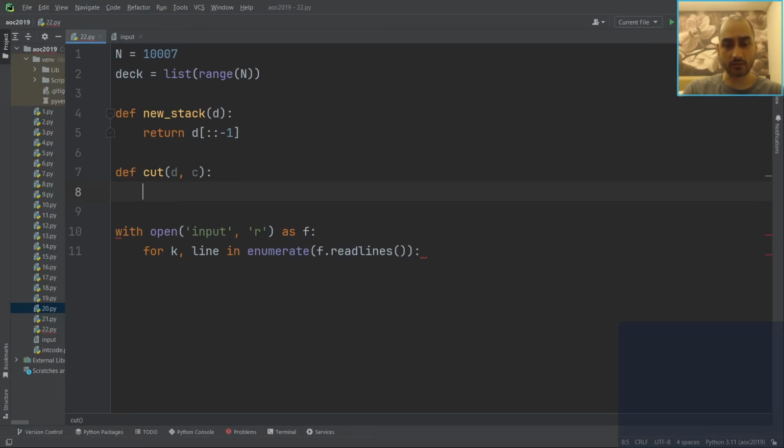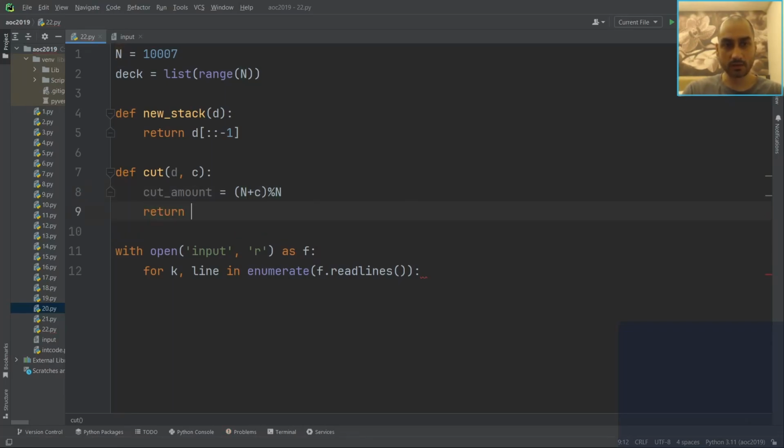So either way, we can just do this: n plus C, mod n. That's the cut amount. Because if C is positive, it will just become C. And if C is negative, it will become n plus C, because C is negative, so it'll be n minus some positive amount. So we just do this, return the cut amount